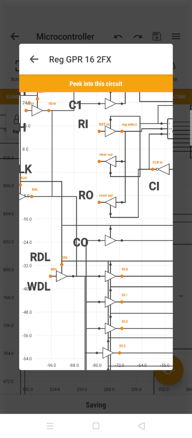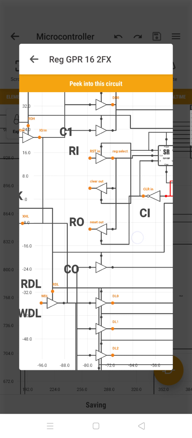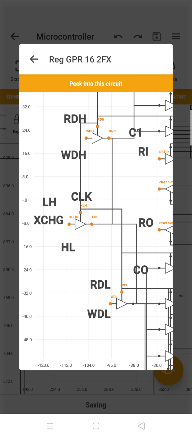Okay, this is about a 16 pin register, so it has a read 0, read 1, and it has a clock, a reset, and a clear. Then it does a minor thing called an exchange. Okay, that's all. So you have a clock, you have a read 0, read 1, and write 0, write